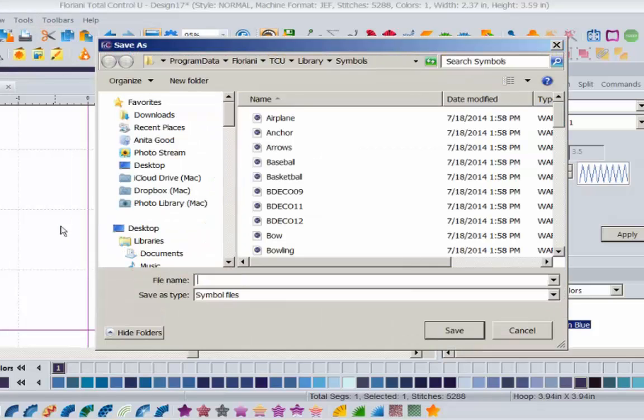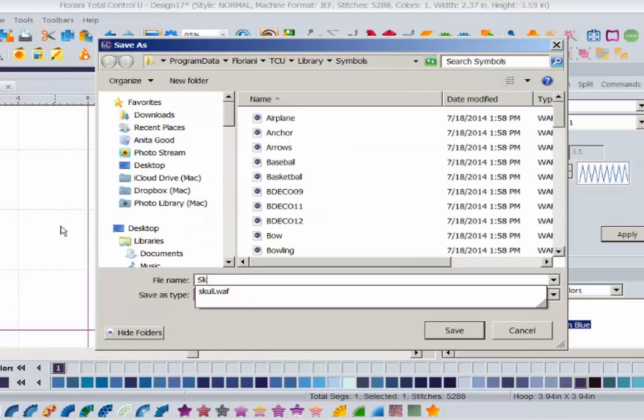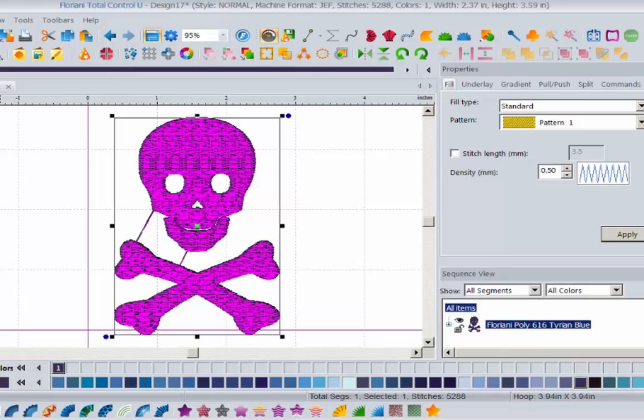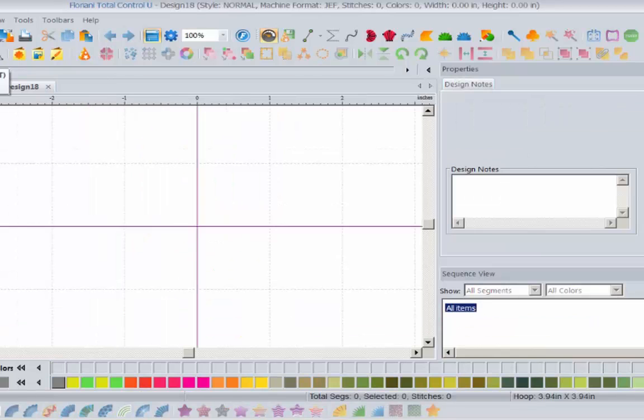So now I'm going to put in skeleton, and I'm going to put in LA for Louisiana. So I'm going to save this. So now if I wanted to come in, get some text,